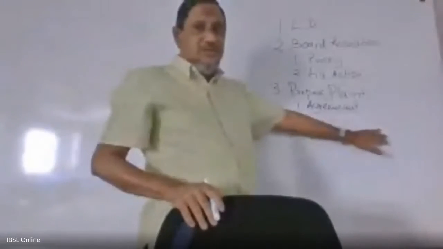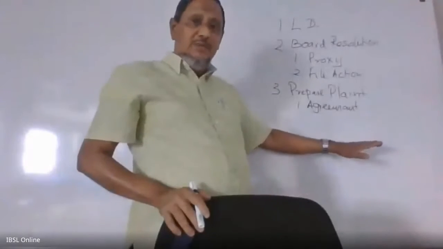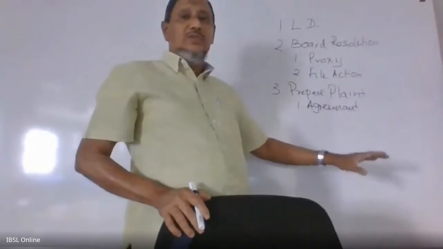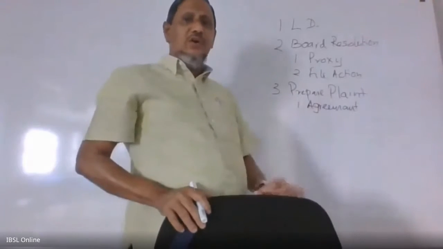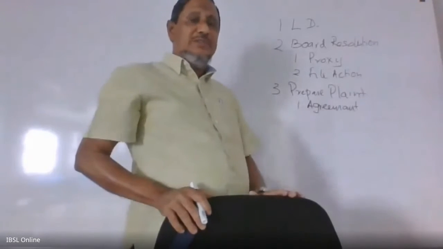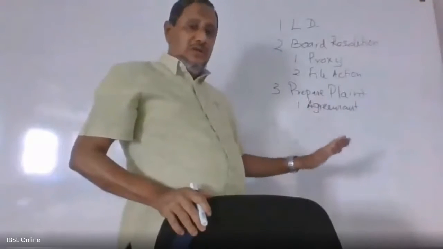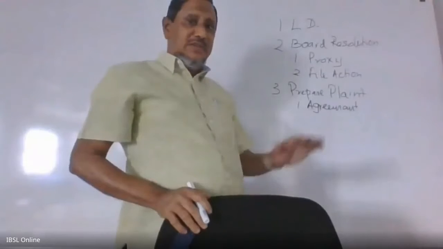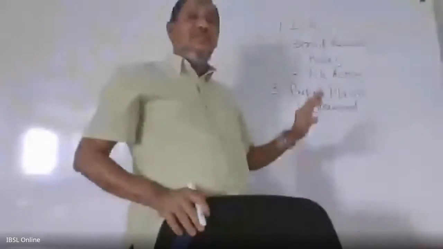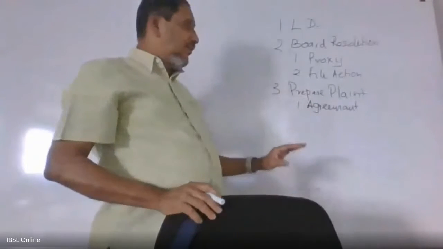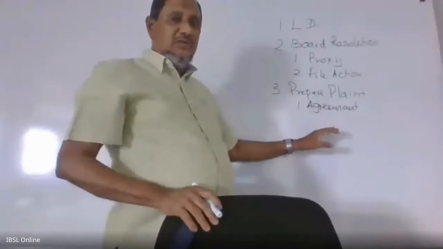First one is the agreement. So the agreement should be there. Any stamp duty has to be paid on the agreement, according to the law. We'll discuss later how the stamp duty has to be paid. According to the Stamp Duty Ordinance and subsequent amendments, the Stamp Duty Act number 2008 defines how to affix stamps and cancel the stamps. So it has to be in that manner. The correct stamps and the correct value of the stamps should be there. If needed for the agreement, from time to time, this has been changing by the law.